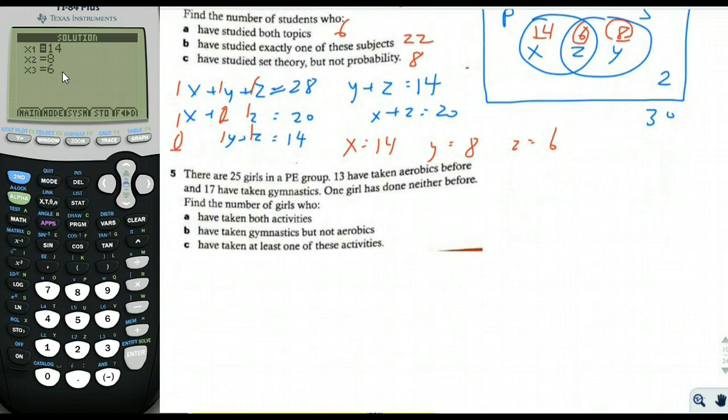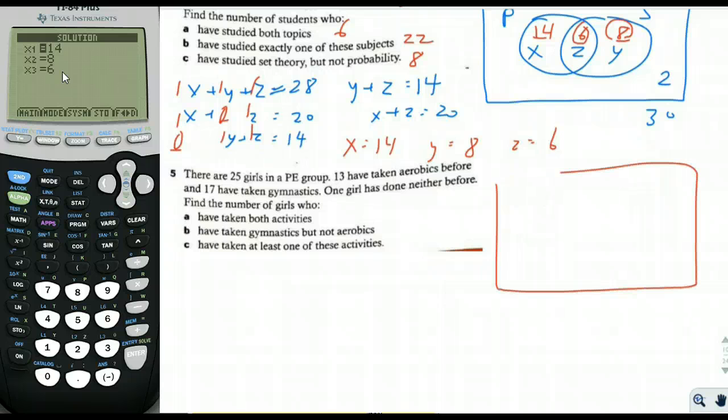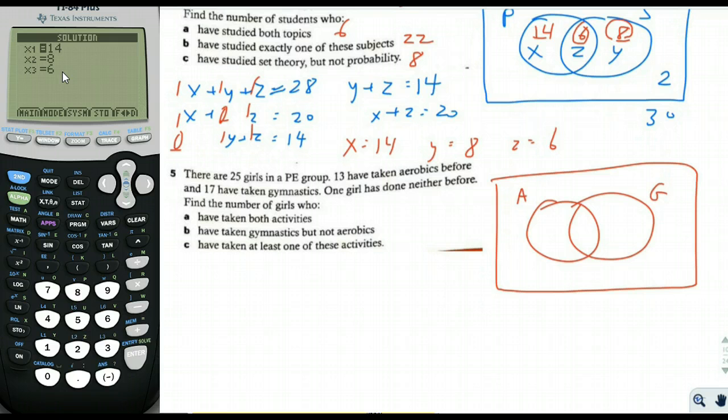There are 25 girls in a PE camp. 13 have taken aerobics before. 17 have taken gymnastics. One girl has done neither. So we have aerobics and we have gymnastics. 25 total. 13 have taken aerobics before. So aerobics, we have